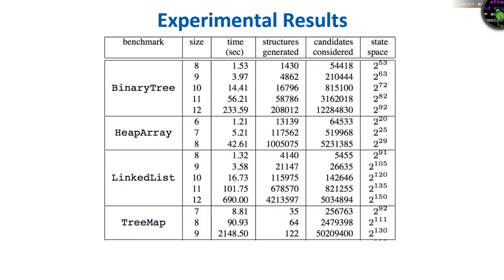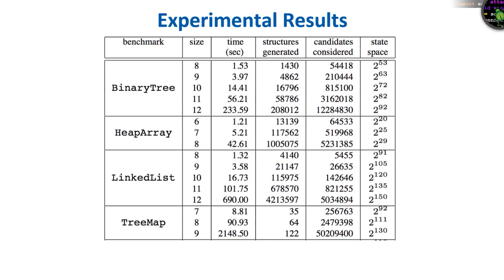As we have seen, with relatively few steps, Korat generates all the legal and isomorphically distinct test cases for binary trees with at most 3 nodes. In practice, Korat's scheme for eliminating illegal and redundant test cases has proven to be highly effective. Here, you can see that for binary tree objects, for each node in the tree, the full state space grows by a factor of about 1,000. But Korat is able to reduce its search space to about 4 times as many candidates considered for each additional node, a massive speed up.